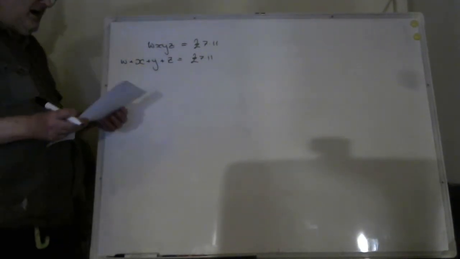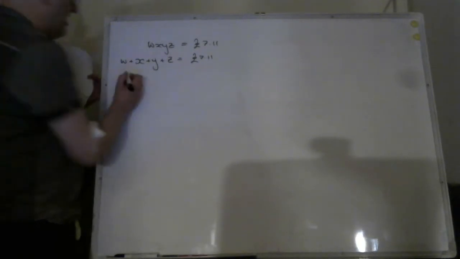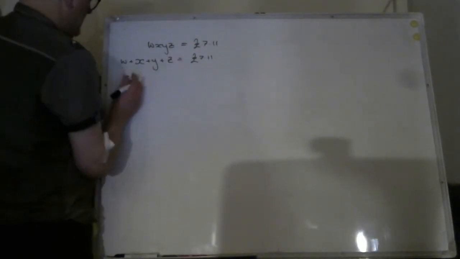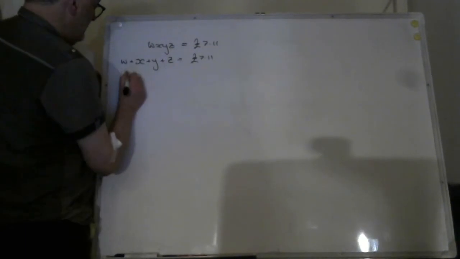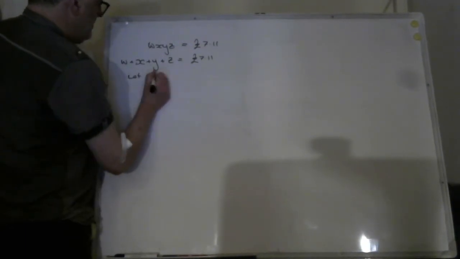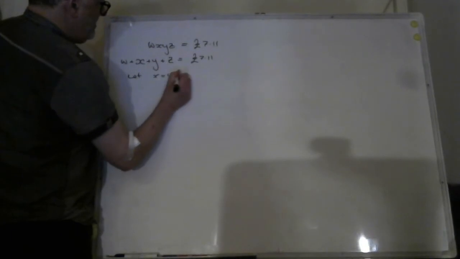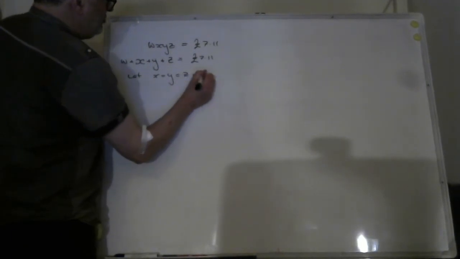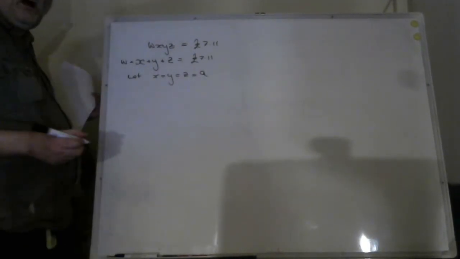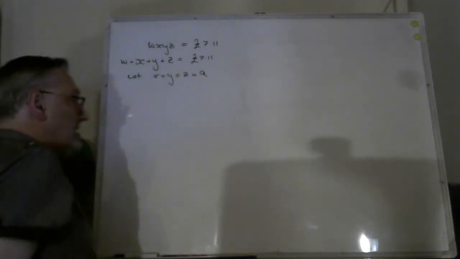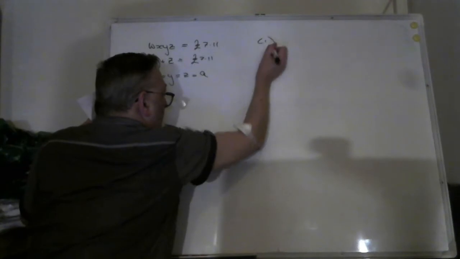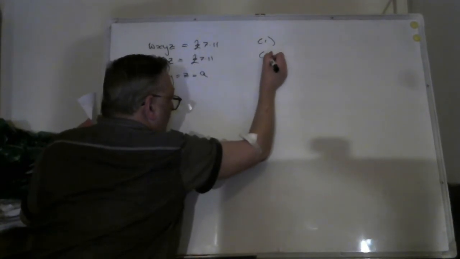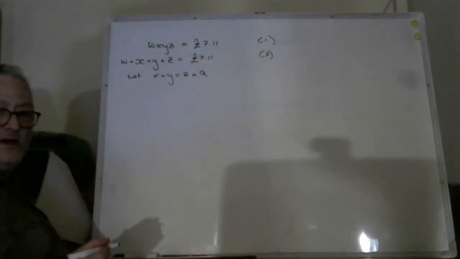Now, what I did was I said, let X equal Y equal Z equal A. Okay, so if we call that equation 1 and that's equation 2,